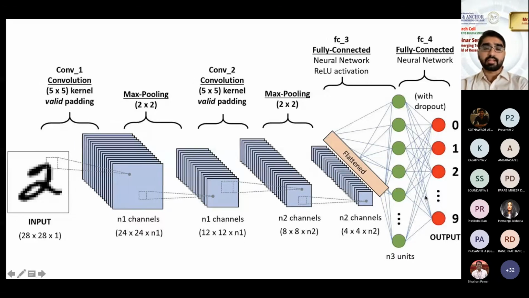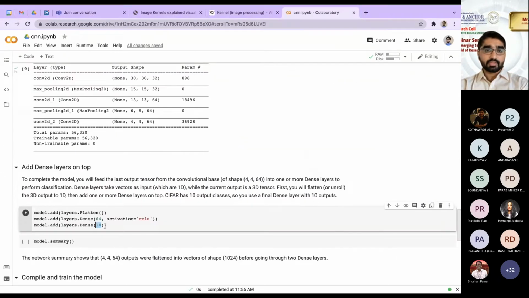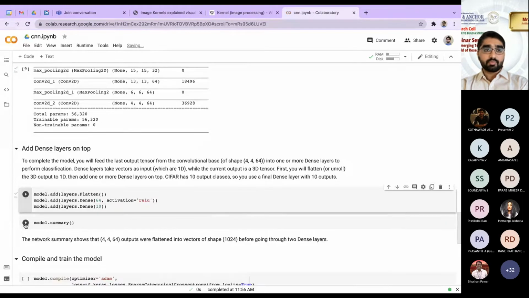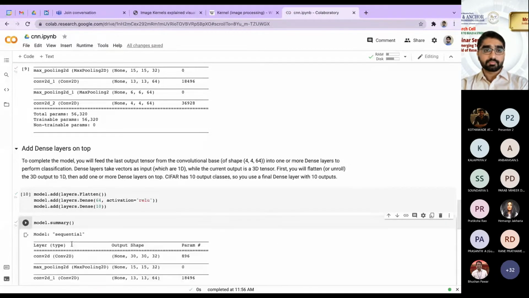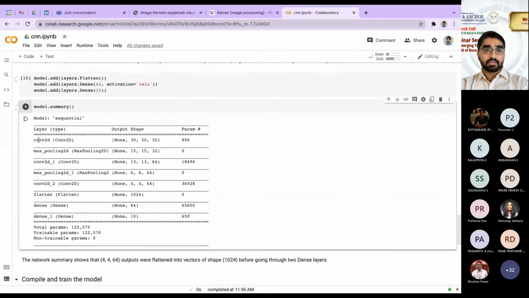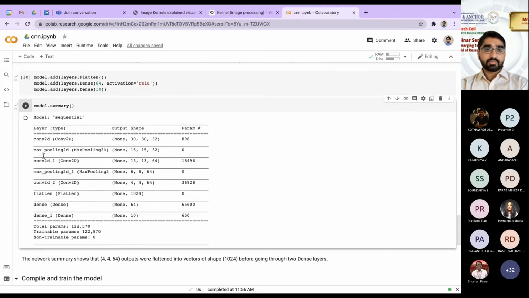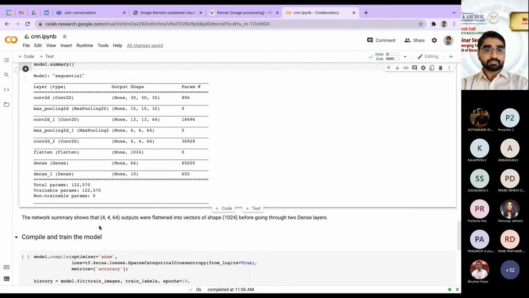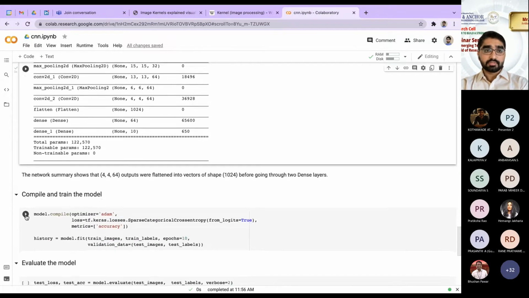So we will use the 10 filters. So we use the 10 dense, and then we again create the model summary. This is the summary: convolution, max, convolution, max, convolution, and then flatten, dense to 64, dense to 10 classes. We want 10 probabilities only. Now we will compile the model,